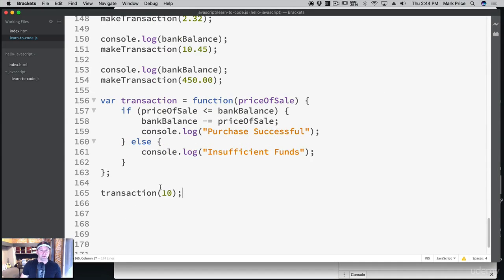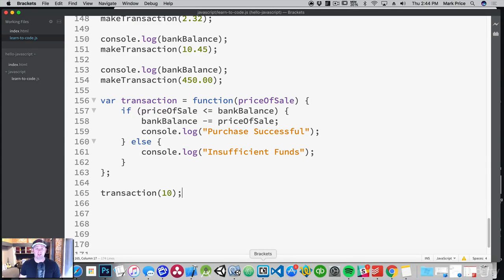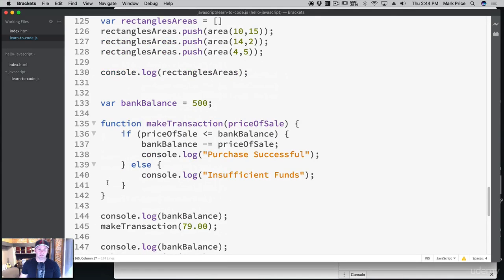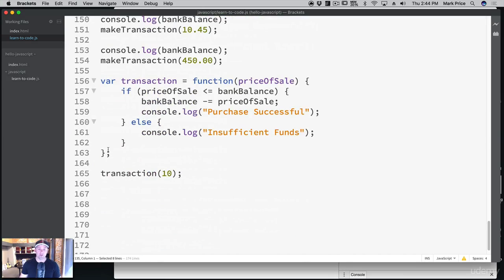Pretty cool, huh? If you're wondering, well, which one should I use? Well, it depends on the use case, okay? Let's say that we wanted to store all the operations in an array. Well, you can't store this in an array. It doesn't work like that, but you can store this, okay? So let's say we had a big app that had lots of functions. So that's var transaction. Let's say we had var print customer name equals function, and what it's going to do